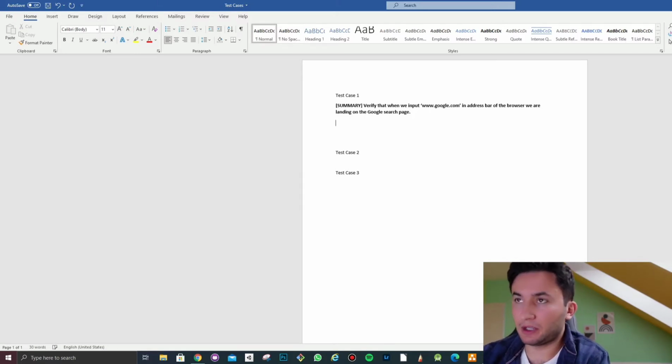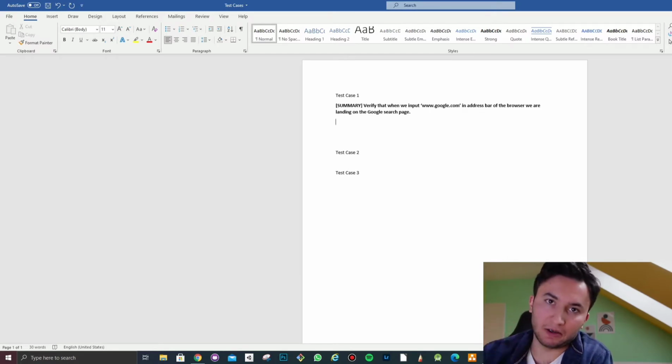Then what we need to do is we need to provide some sort of steps for someone, in this case us, but let's say, remembering the context of reusability of test cases that I mentioned in the beginning, someone else wanting to execute your test cases will find it hard to do so if you don't leave specific steps on what they should be doing. Again, in this example, it's quite primitive, but imagine a way more complex case, then it will make more sense. So we will say steps,